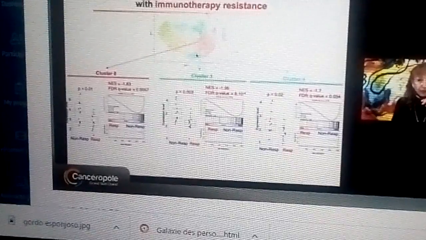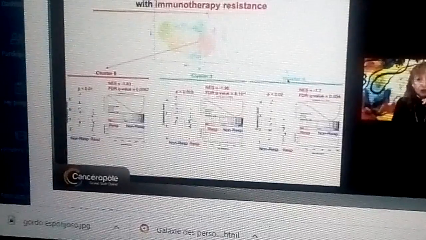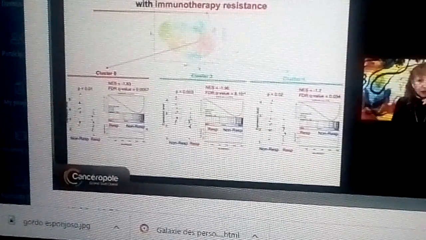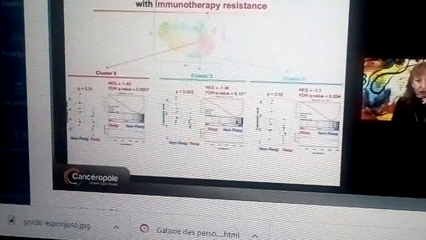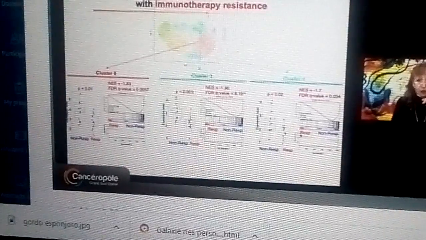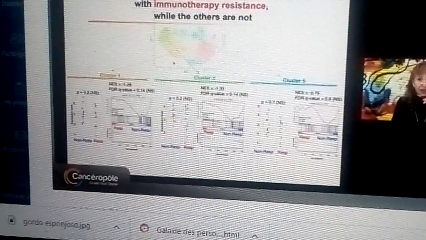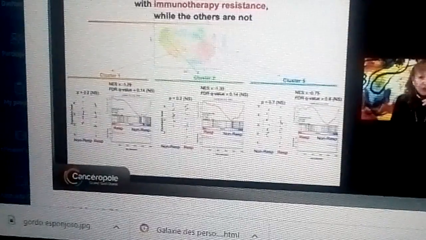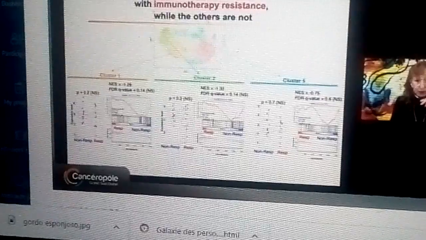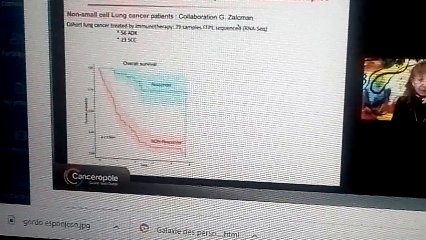We found that the CAF-S1 clusters, the cluster 0, ECM-myCAF, the cluster 3, TGF-beta-myCAF, and the cluster 4, wound-myCAF, exhibit a huge overexpression of their signatures in the non-responder patients compared to the responders. In contrast, clusters 1, 2, and 5, meaning the iCAF clusters, are not indicative of immunotherapy response. And to try to confirm these results, we have also established, in collaboration with Gerard Zalcman at Bichat